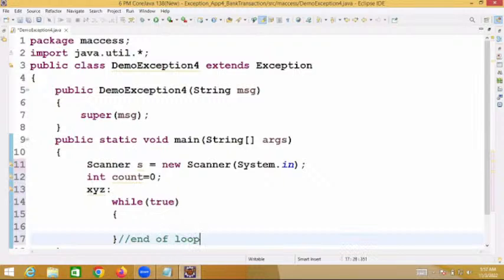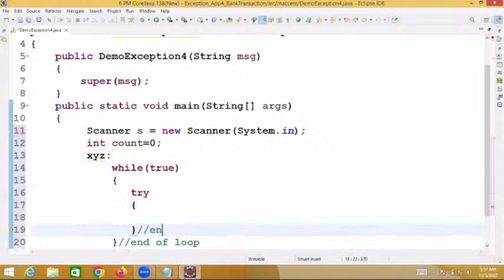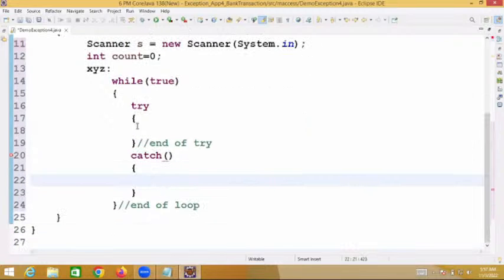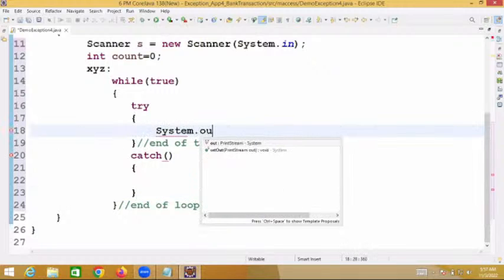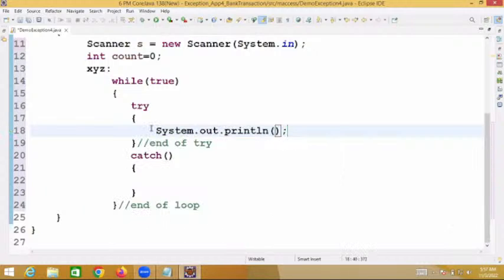Inside this while loop, the program code is available. Whenever the program code is available, we are writing try catch. Here the exception is there. Now, inside this try, System.out.println